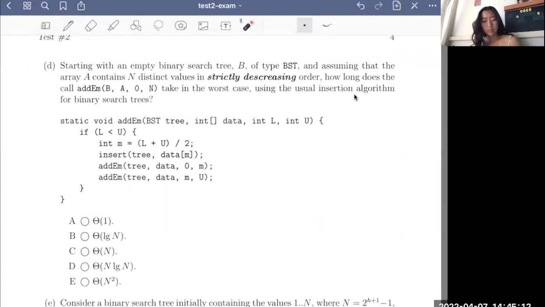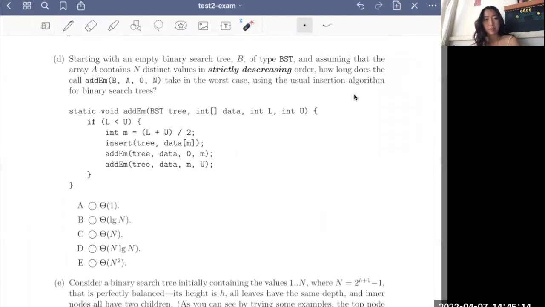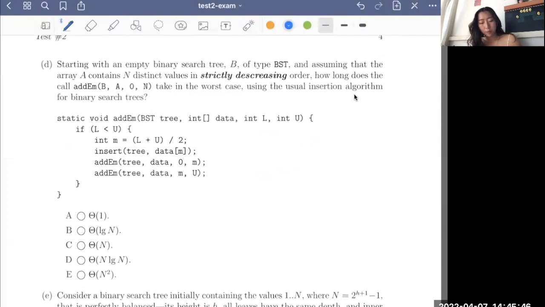Now we have part D, which says, let's start with an empty binary search tree B of type BST, and assume that the array A contains n distinct values in strictly decreasing order. So how long does this function call basically take in the worst case using our usual binary search tree insertion? And so basically we have this sorted array. And if we look at the function, what happens is that we first take, let's see. So we pass in the arguments